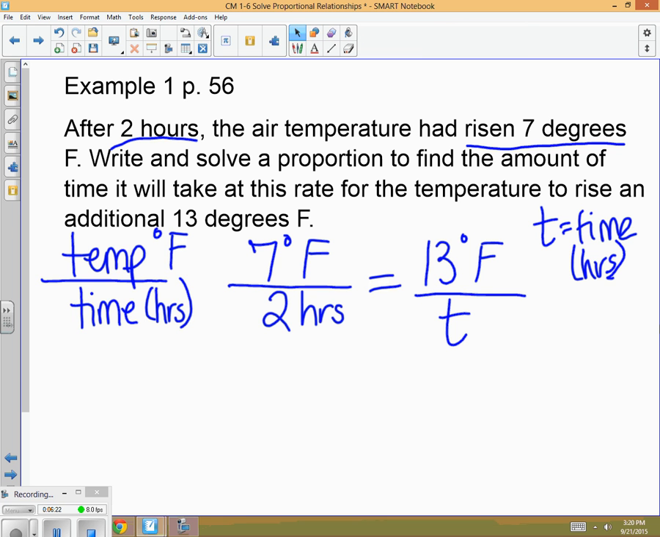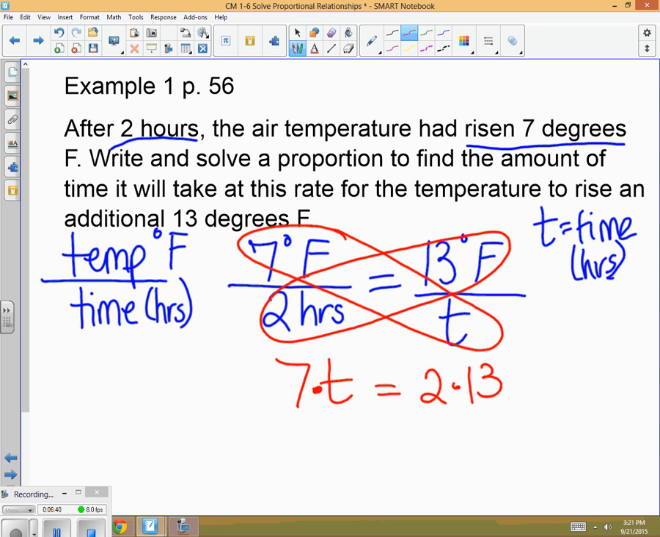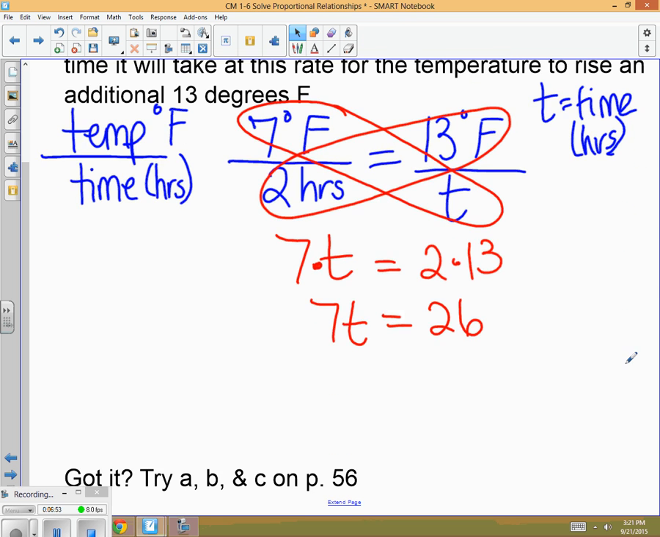To solve this proportion, we can simply use the cross product method of multiplying 7 times t and setting it equal to 2 times 13. 7 times t can be simplified as 7t, and 2 times 13 makes 26. Now, in order to figure out the value of t, we need to divide both sides of the equation by